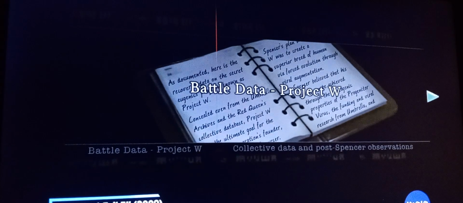Project W, on the other hand, lasted 4 years. During the first phase of the project, hundreds of children across the world were adopted based on the criteria of their parents' contributions to mankind. All given the surname Wesker, they were given the best education that money could buy while being closely monitored by the Project W team. When they grew up, they were allowed to go out into the world